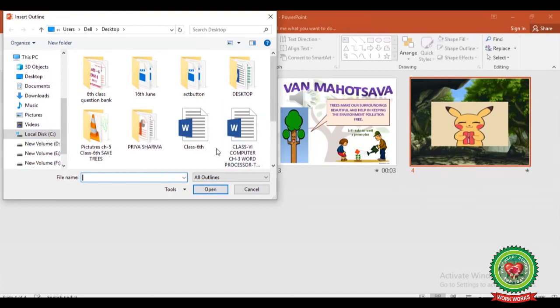Now you have to type the name of file that you want to insert. For example, I have saved the Word file with the name Class 6th, and I will type the name and then select your file. Now click on Open button.